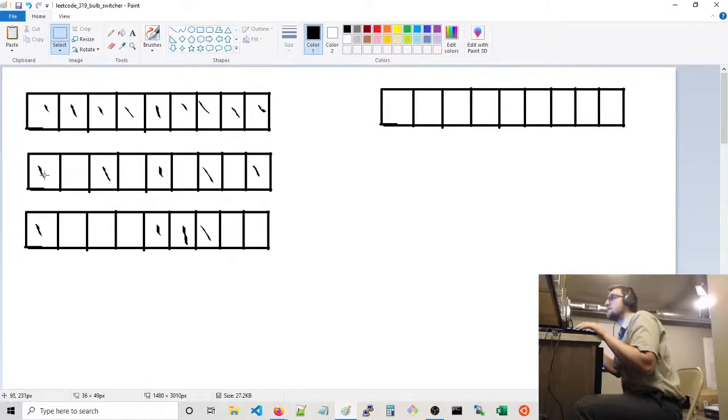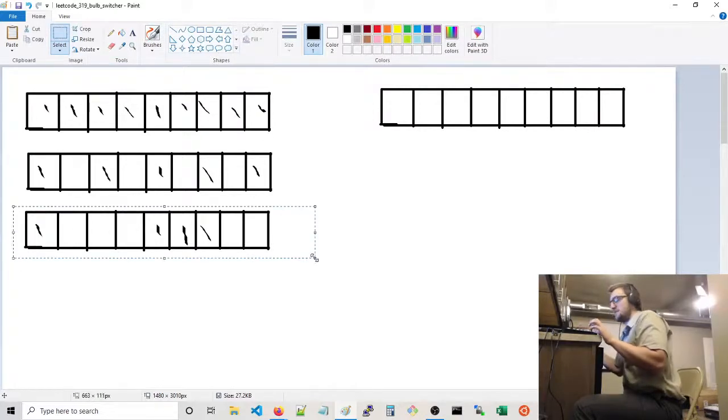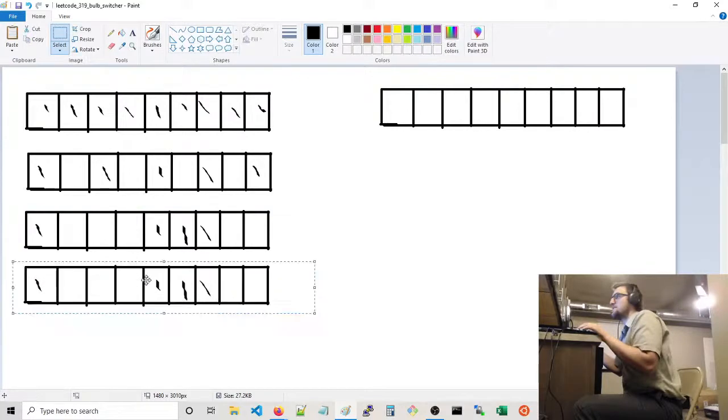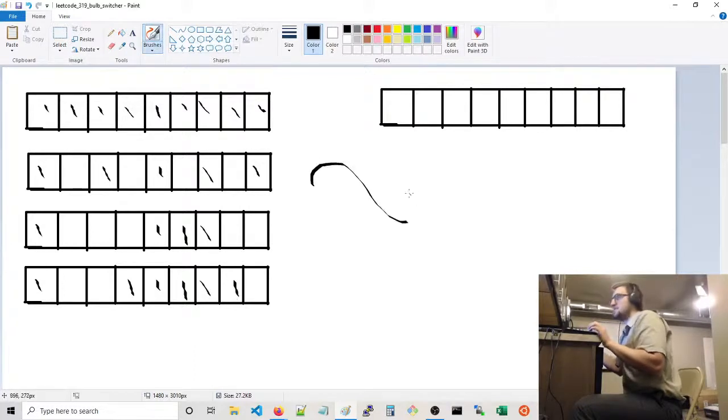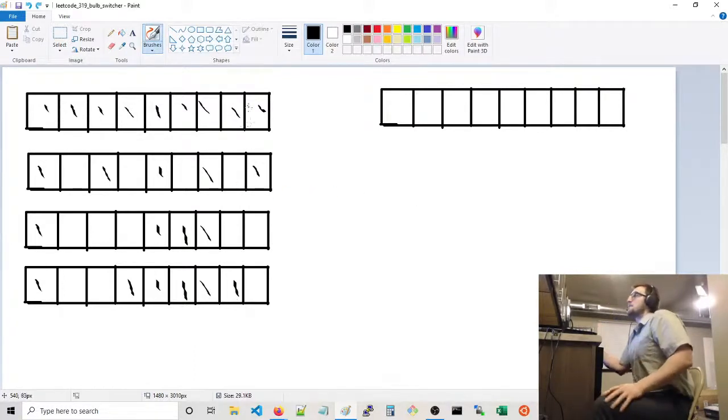Is this only 9? 1, 2, 3, 4, 6, 7, 8, 9. How did I do that? How did I mess up before? I wanted to make 10, I made 9. I did that before too, I miscounted. But that's okay. And now we do 4. 1, 2, 3, 4. 1, 2, 3, 4, 5, 6, 7, 8. Right? Now what you'll notice is